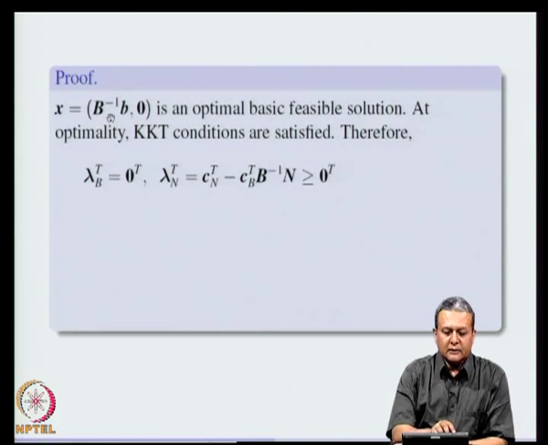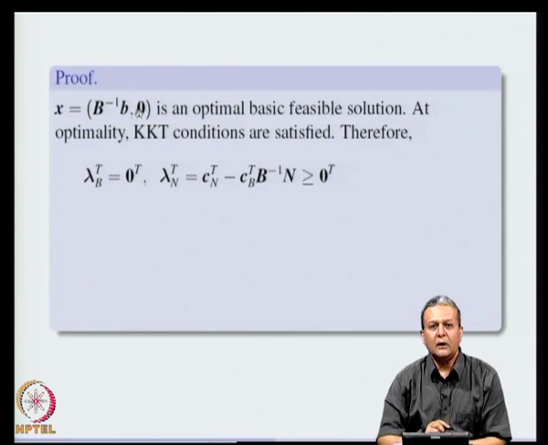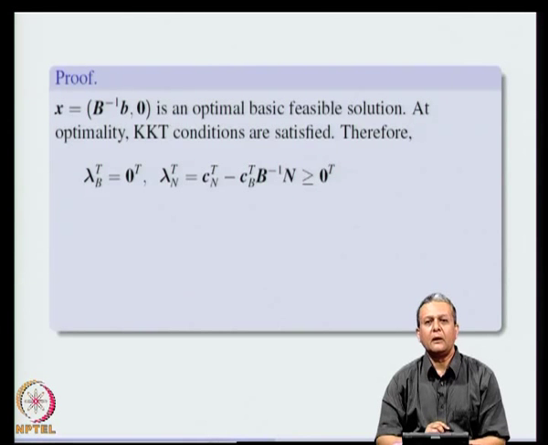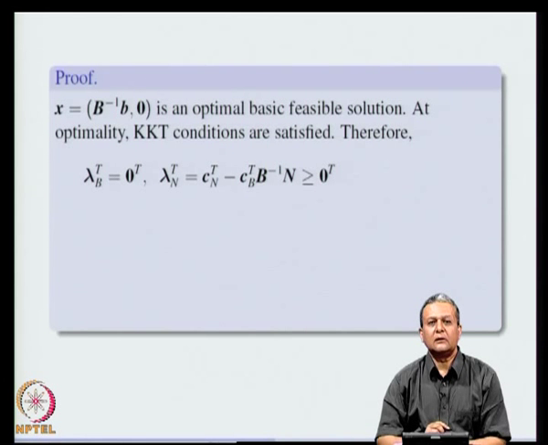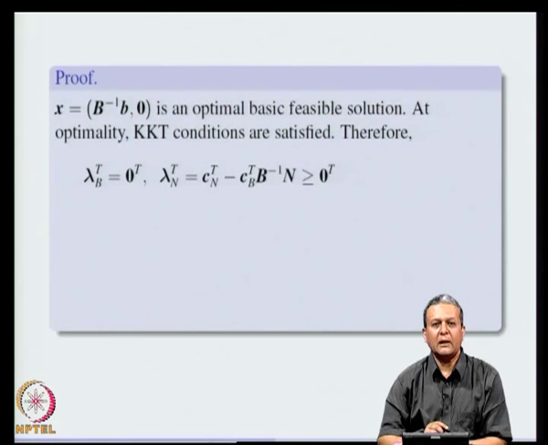So, x is an optimal basic feasible solution which is given to us. The x_B component of x is B inverse b, and the x_N component of x is 0. Now, we know that the KKT conditions are necessary and sufficient for linear programs. We assume that the KKT conditions are satisfied, and therefore the Lagrange multipliers associated with the inequality constraints in the primal problem, which we are going to denote by lambda,